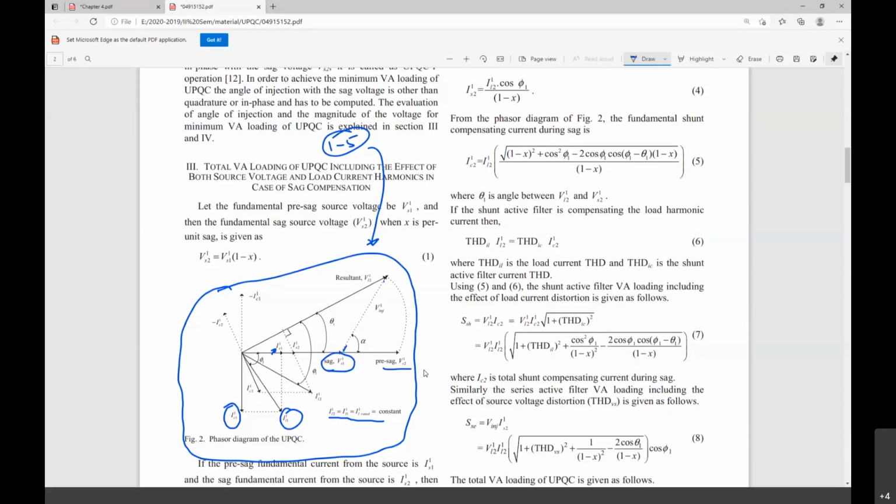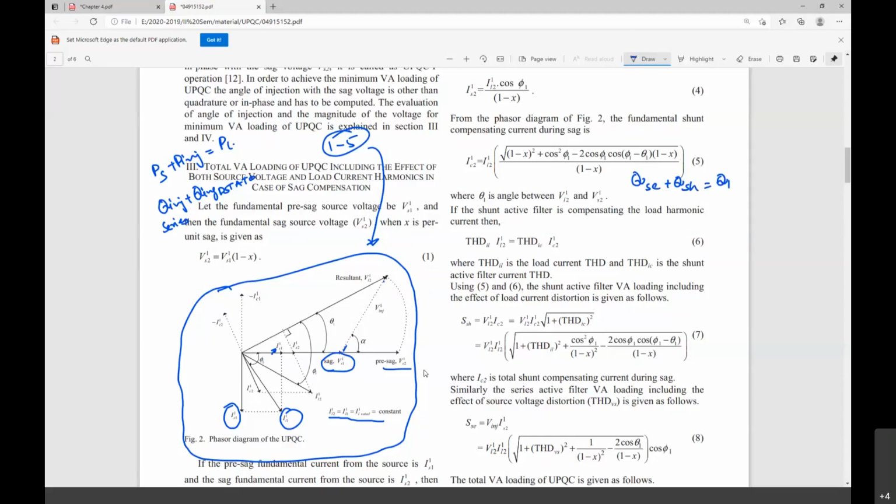that the powers, if you talk about the source power PS plus P injected, is equal to the load power. And then here, the Q injected by the DVR plus the Q injected by the DStatCom, and then this is about the series active power filter. The Q injected by the series as well as the Q shunt is equal to Q load.